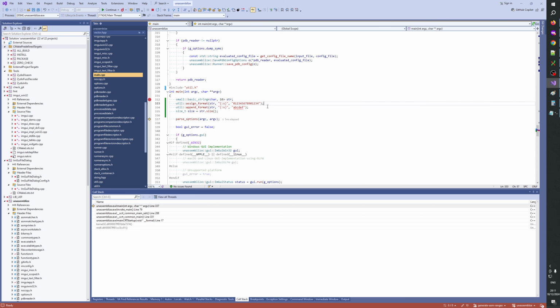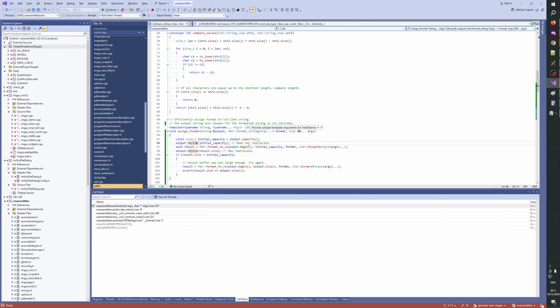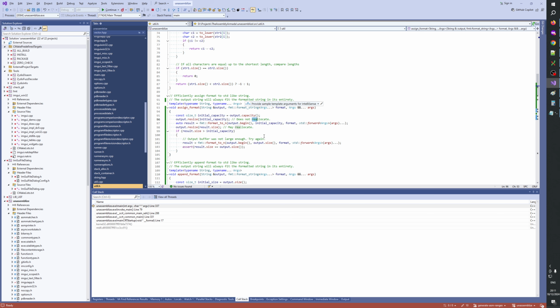Good. Well, that was quite a journey, but hopefully that is a fast and efficient string building now. I mean, it's all in the stack. We use the FMT format. In the best case, it's just one single call. There's no allocation here. Maybe we should say does not allocate. May allocate if